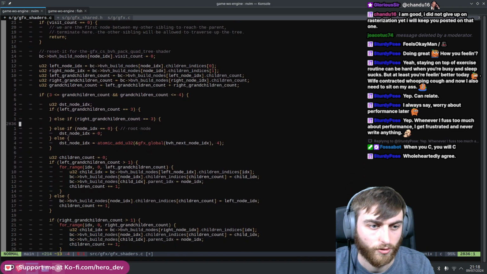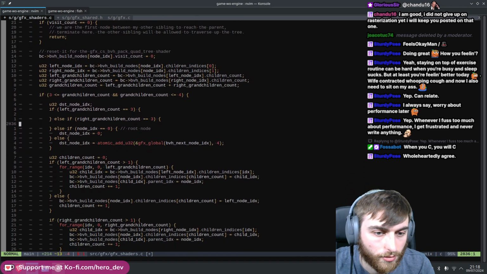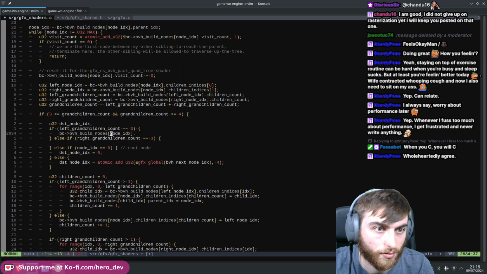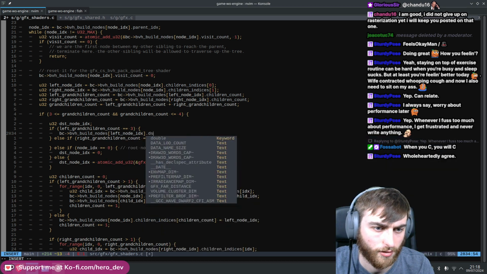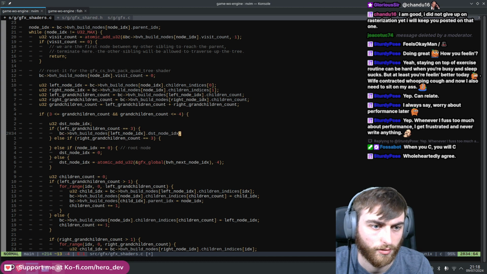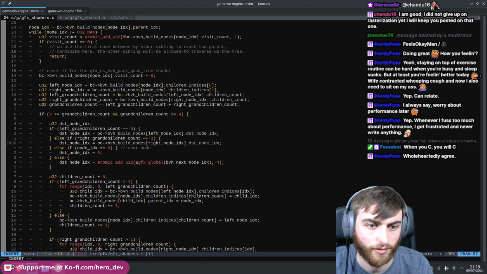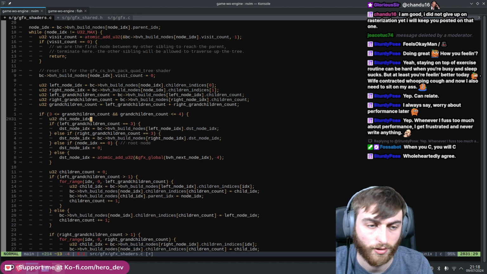So that would then mean you would simply reach into build nodes left node index dot dst node index, and then you reach into the right, and then to get it all to come full circle,